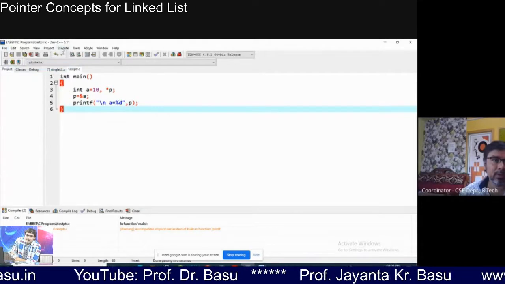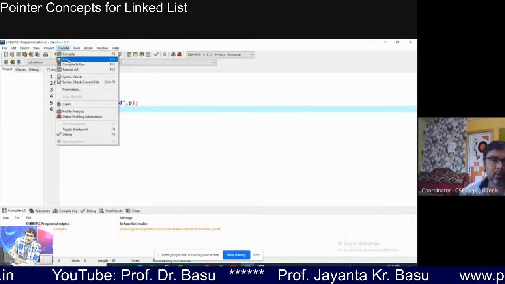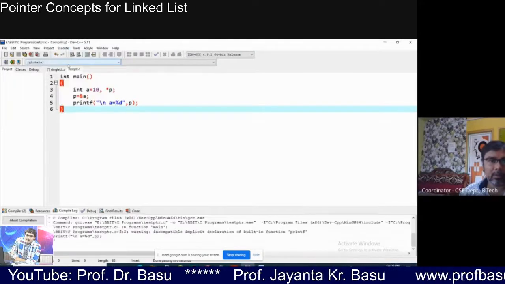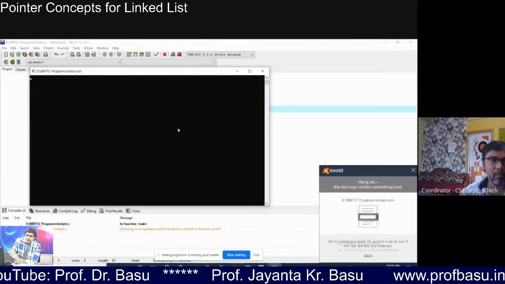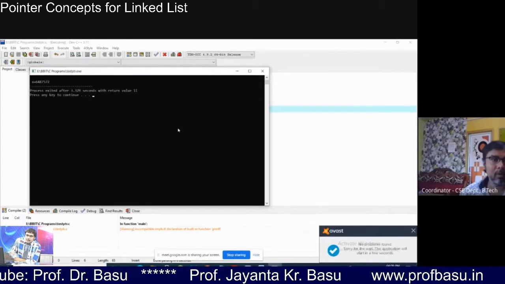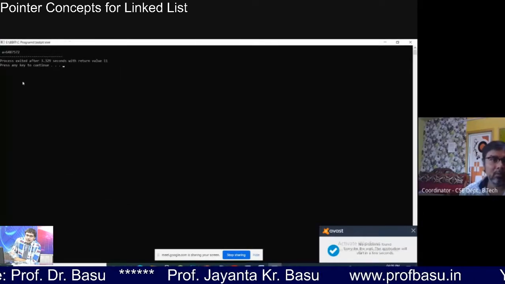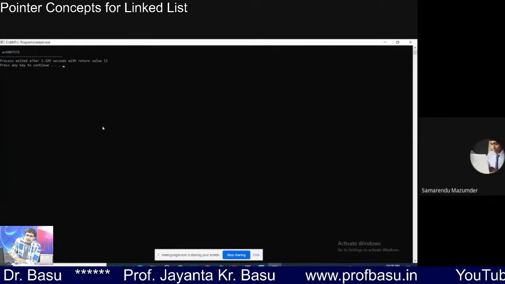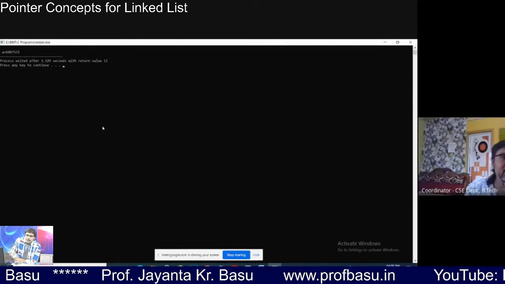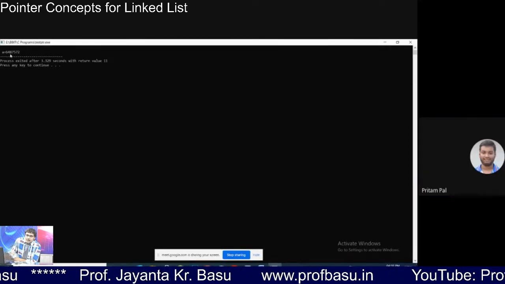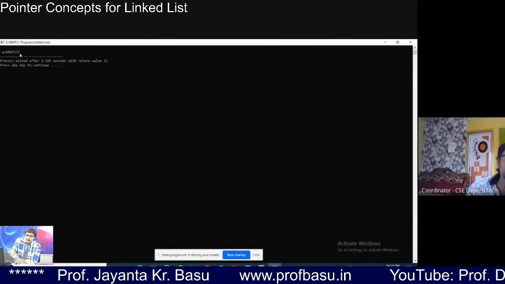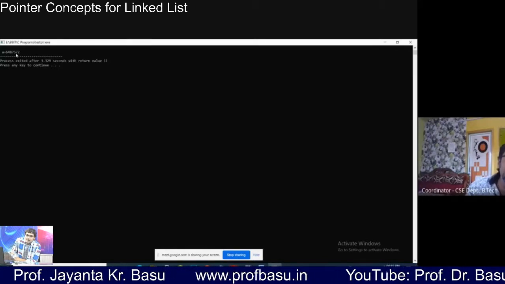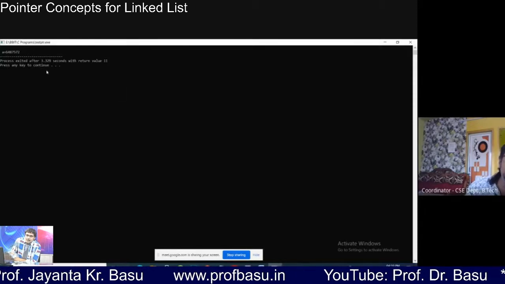File, save, execute, run, oh, compile করতে হবে, compile and run. কি দেখলি? Address of a, some value, 6487572, right? It's a value, means this address has been automatically assigned by the operating system, right?